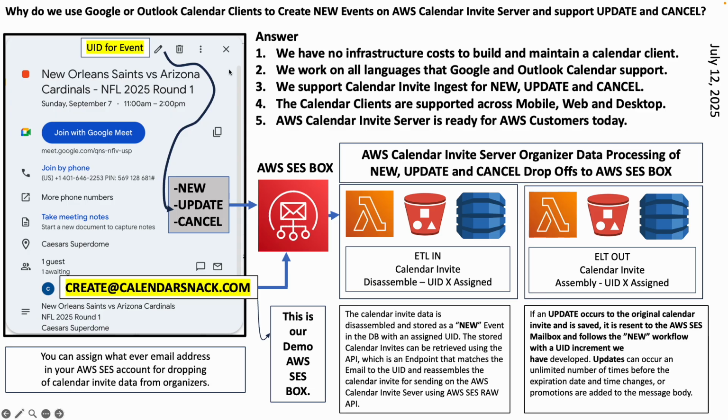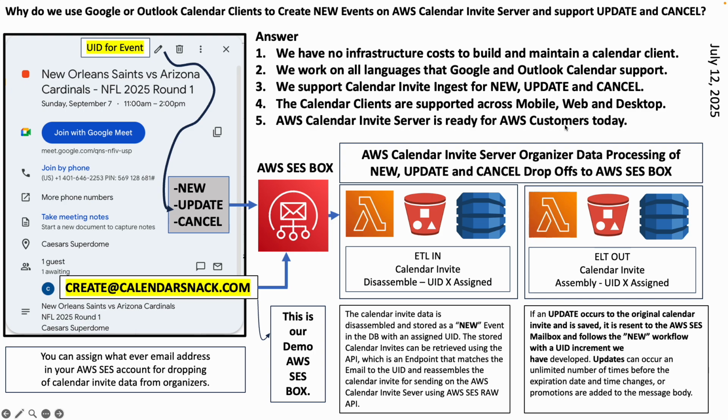Why do we use a Google or Outlook calendar client to create new events on the AWS Calendar Invite server and support, update, and cancel? The answer is we have no infrastructure costs to build or maintain for calendar client. We work across all languages that Google and Outlook Calendar support. We support Calendar Invite ingest for new, update, and cancel. The calendar clients are supported across mobile, web, and desktop, and the AWS Calendar Invite server is ready for AWS